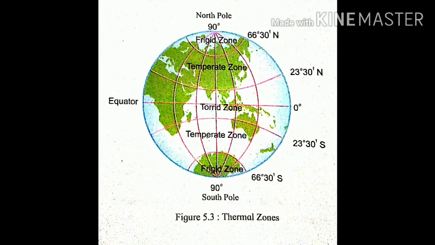The next zone is the temperate zone after the torrid zone. This zone receives slanting sun rays and the temperature in this region is moderate. The last one is the frigid zone. Very slanting sun rays are received by the frigid zone and that is why the temperature in this zone is very low and it is always in negative. Throughout the year, the frigid zone experiences snowfall, rainfall, rainy season and winter season.